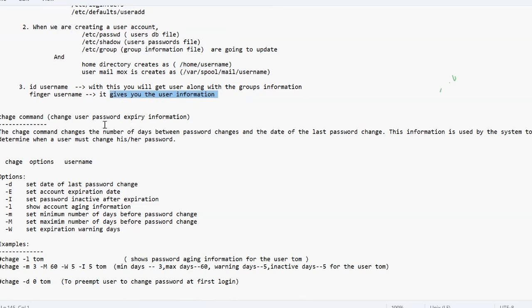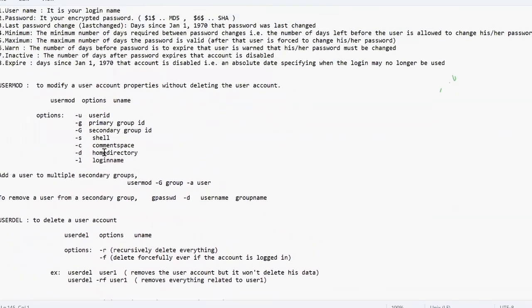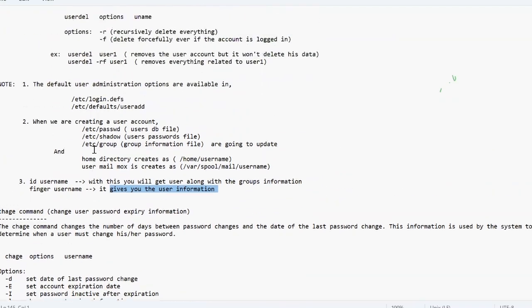The chage command. Chage changes user password expiry information. So you set something like a password, so the password is set. How can we change the password? We can reset the password by using passwd, but to change the password information,